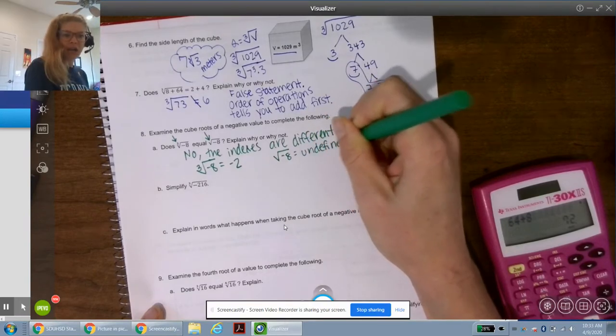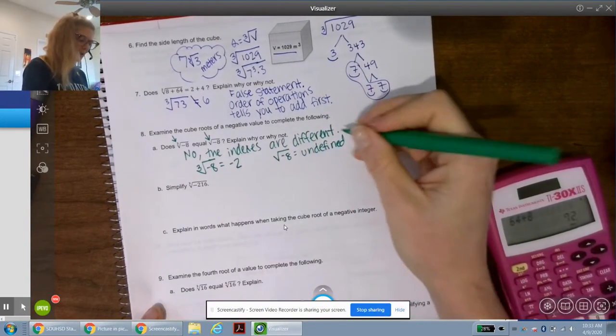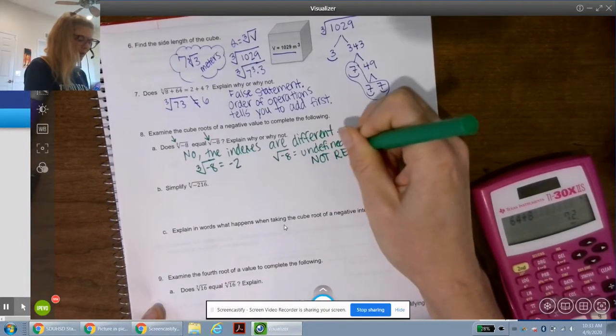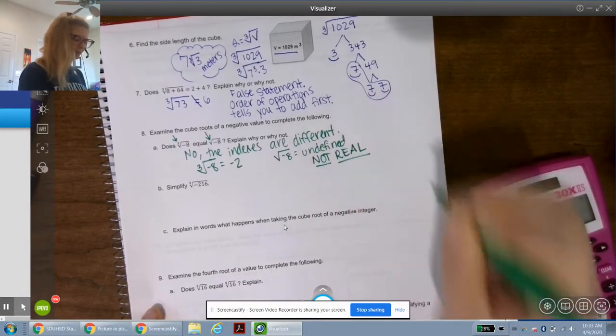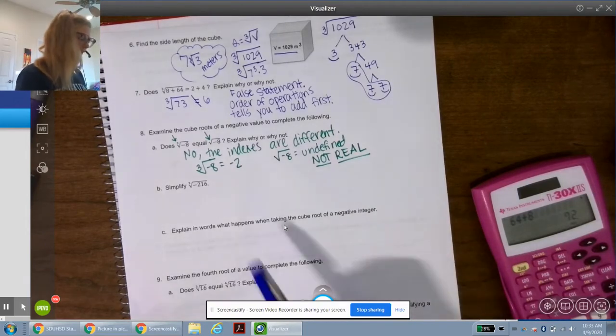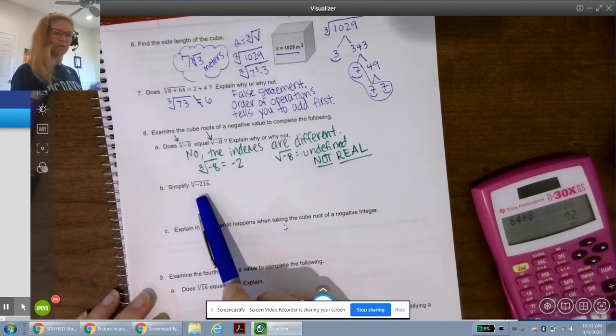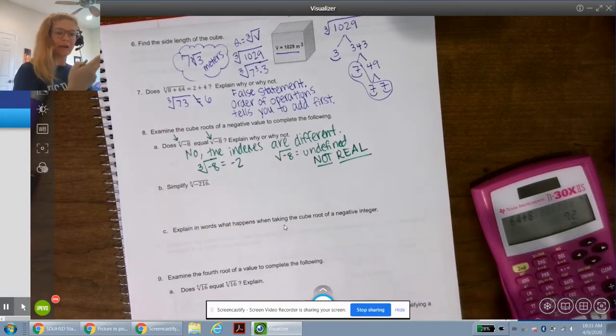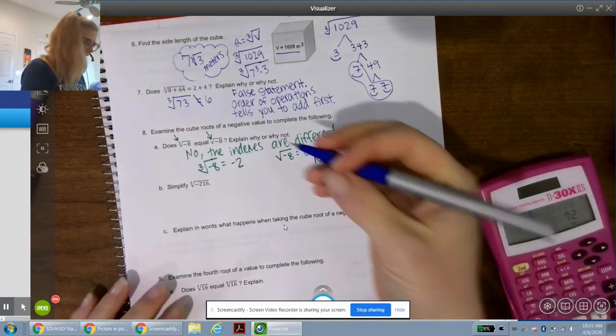It's imaginary. It's undefined. It's not real. It's not a real number. So they're definitely not the same. And let's see, can we simplify the cube root of negative 216? Wait, the cube root of a negative? Oh, that's fine, because remember, a negative times a negative will be a positive, times a negative again will get you a negative number. So let's see,